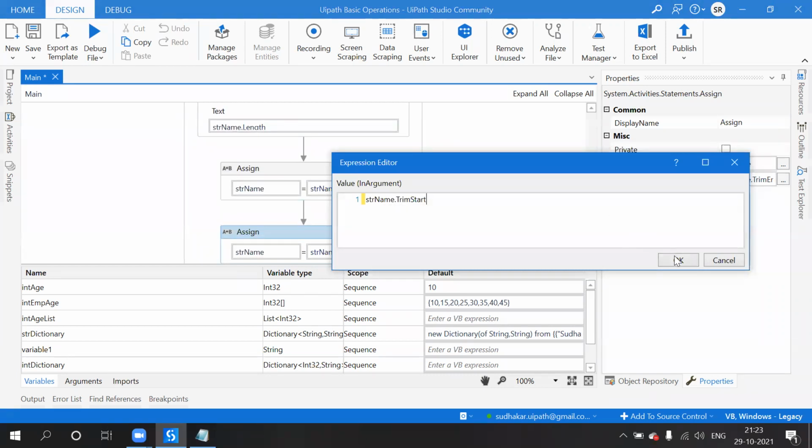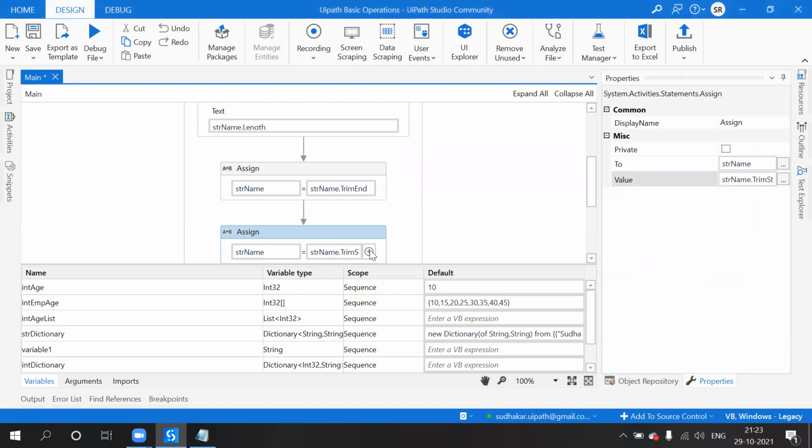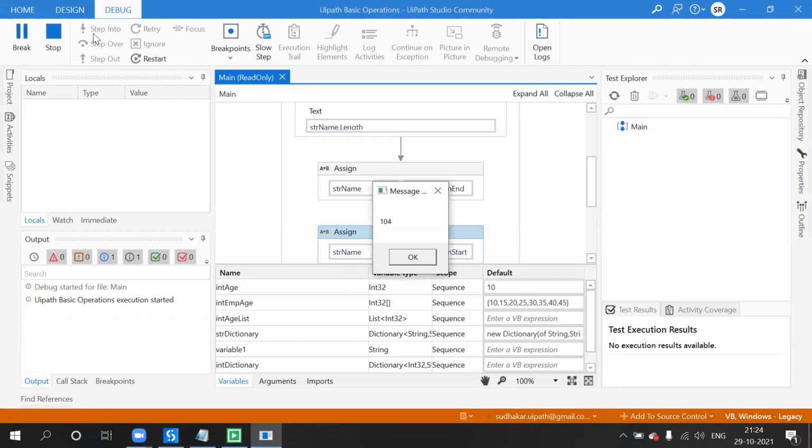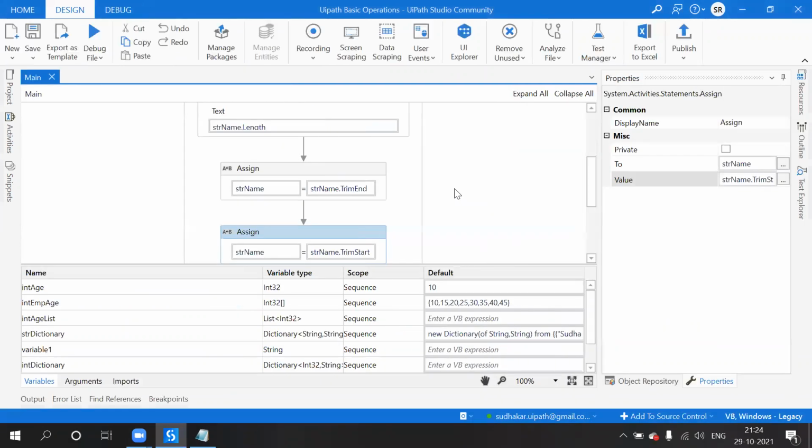So this is another function, trim end and trim start. The trim end will delete the space at the end of the string. Trim start will remove the space in the beginning of the string. So what is the length of the string? The size of the string is 1. So after removing both end and start, we got this combination.